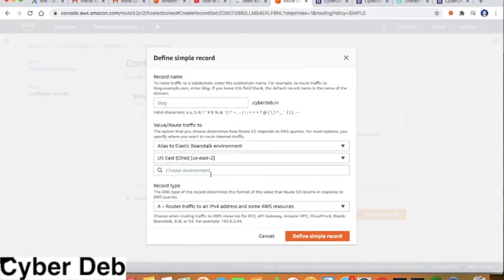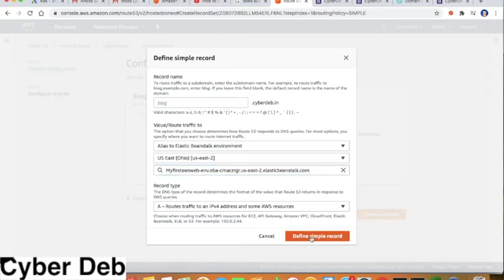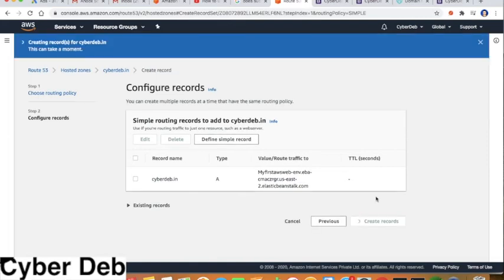So here Ohio US East 2, yeah. If you properly provide the zone, then you will get your Beanstalk instance. Choose it, then nothing you have to change in the lower part. Record type is going to be simple routing. So simple routing is created. Then click on create records. Don't forget to click on create records.